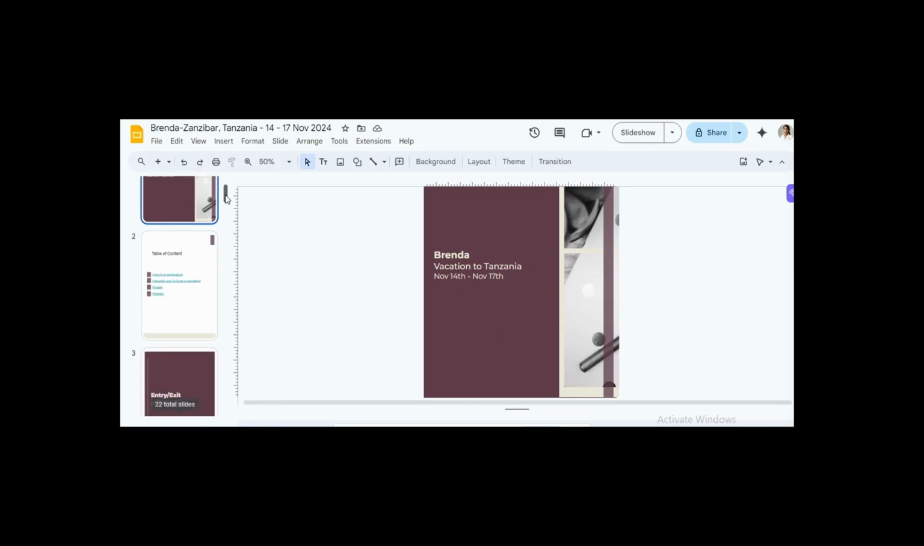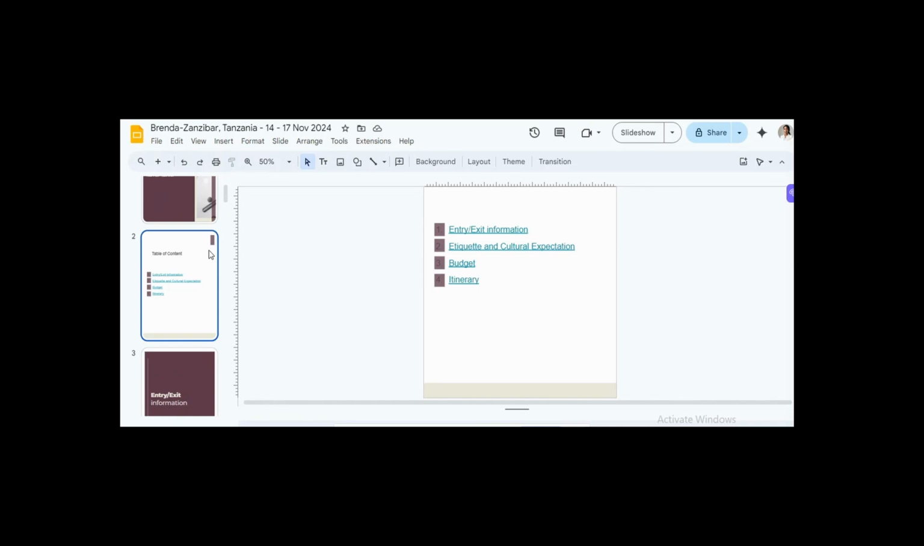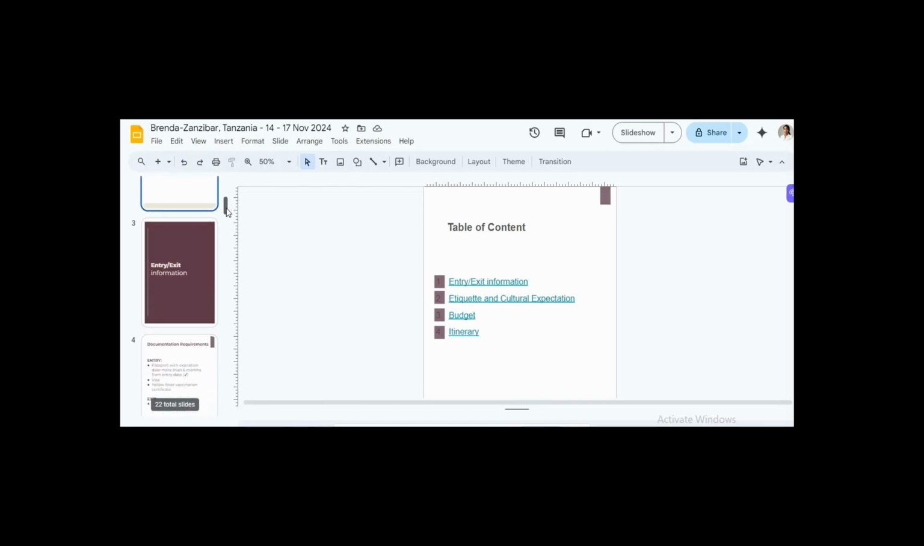After the introduction, we have the table of content, and as you can see, I've linked each slide to the table of content. I'll show you how to do this at the end of this video after you've compiled all the slides. It's easier to go through and see the location of each slide and add it accordingly. Up next, after the introduction,